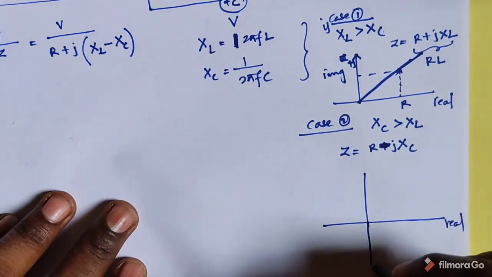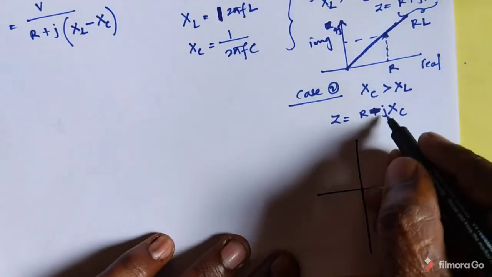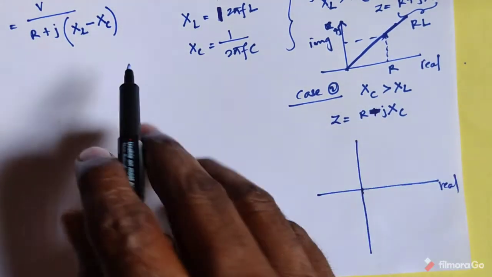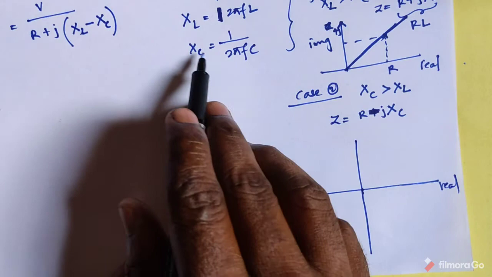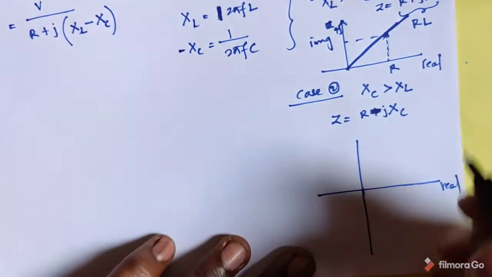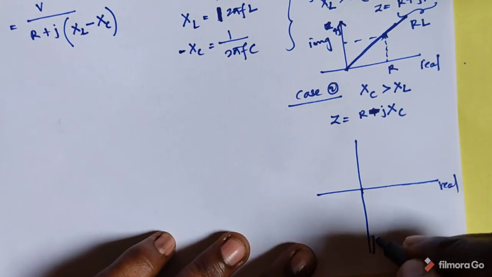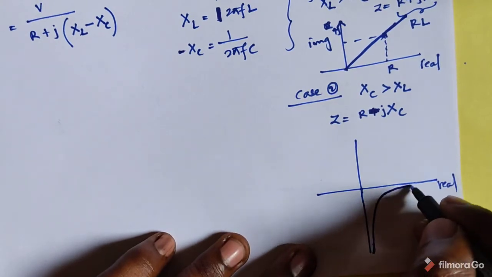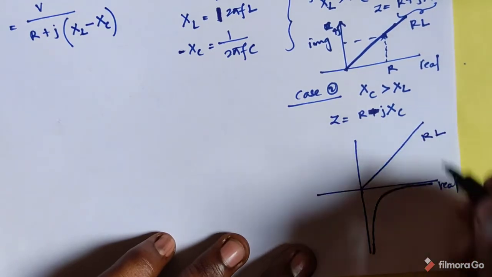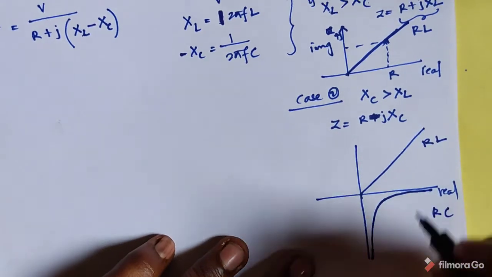Okay. So far, if you take the minus j expression, initially, with the j XC value, the frequency is 0. That is in terms of minus, so you can take this value as a minus value. So it ranges from minus up to a certain level as the frequency increases like this. This is the actual RL circuit, and this one is the RC circuit.